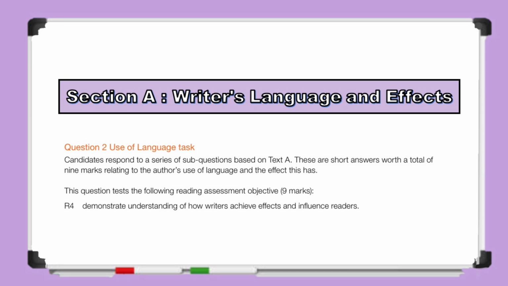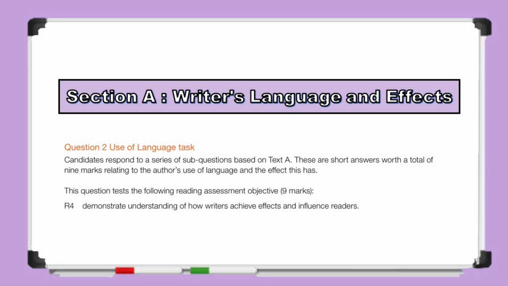Now, let's move on to question 2 of section A, which is the writer's language and effects question. This question focuses on how the writer uses language to create effects and influence the reader. It is worth 9 marks, so it carries a significant amount of weight in your paper 1 exam. Unlike the comprehension questions, here the examiner is not only checking whether you understand what the writer has said, but